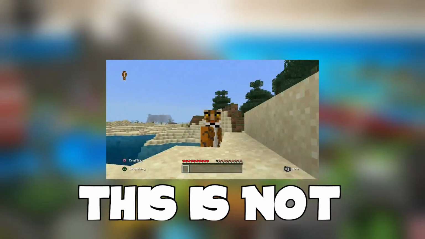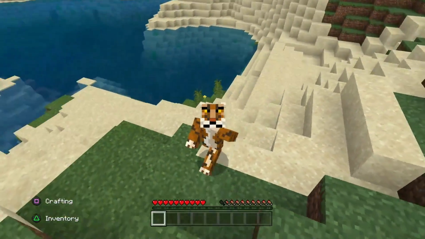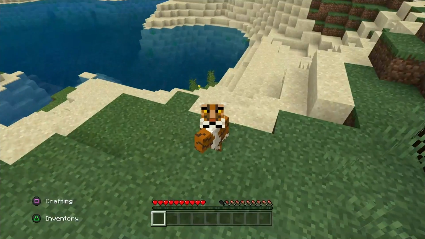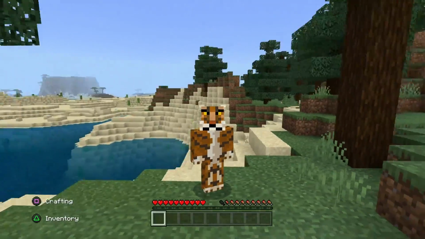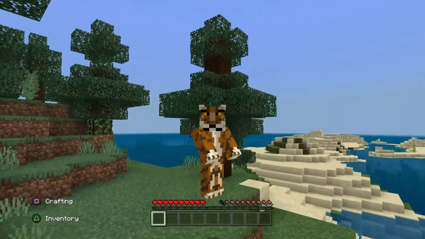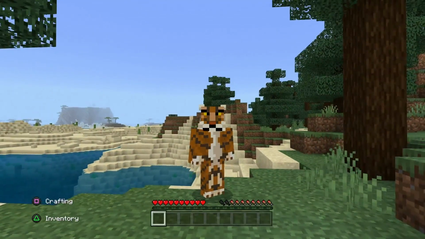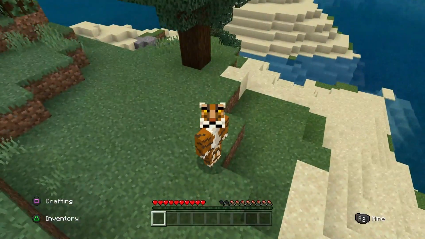Wait a minute, this is not Roblox? Wait, why every single time I jump it's exactly like Roblox? What's going on here? Nah, I'm just kidding guys, but in all seriousness though, this is actually a game modification. You can do cool things like this. This is actually a custom animation that all characters will have when you join the game, which is really